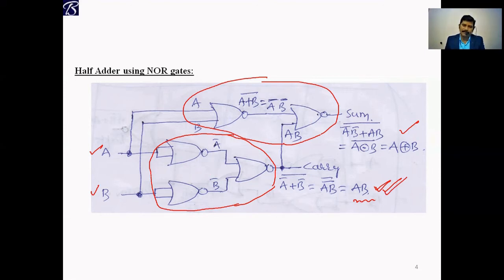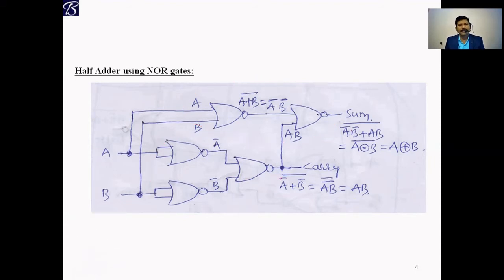And if you take the inputs for one NOR gate, the output of this and the output of this, AB, output of this carry, then we will get the sum, that is A XOR B. As a conclusion here, half adder using NOR gates will take 5 NOR gates. 3 to get the carry, and 2 more from this circuit are required to get the XOR gate, which is the sum.